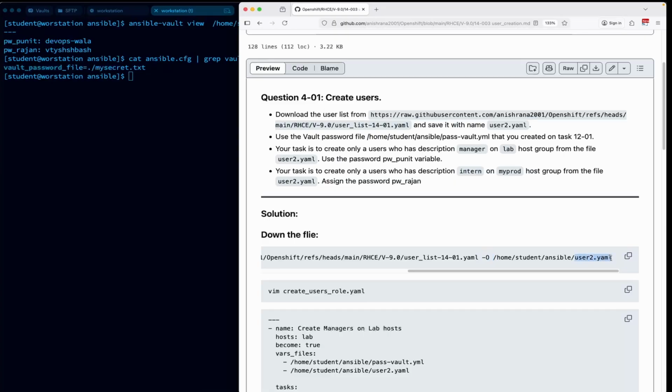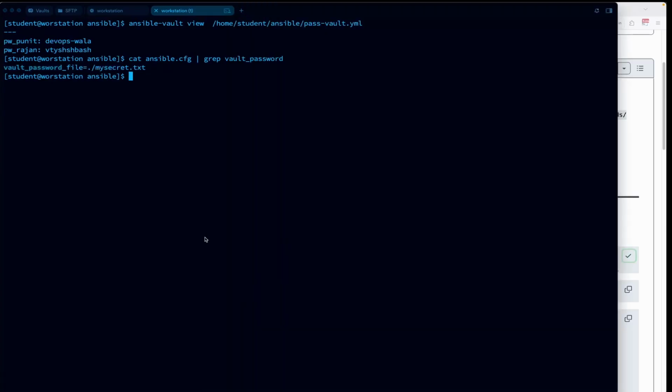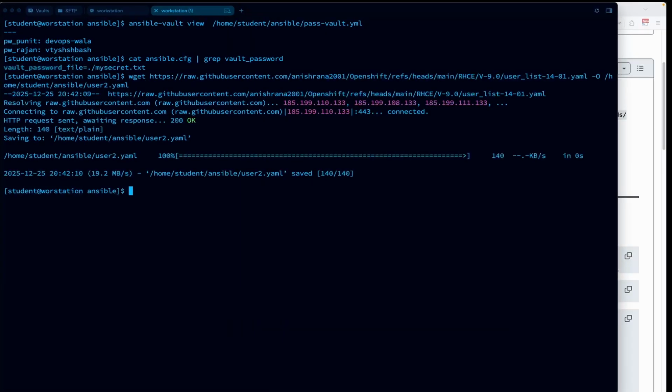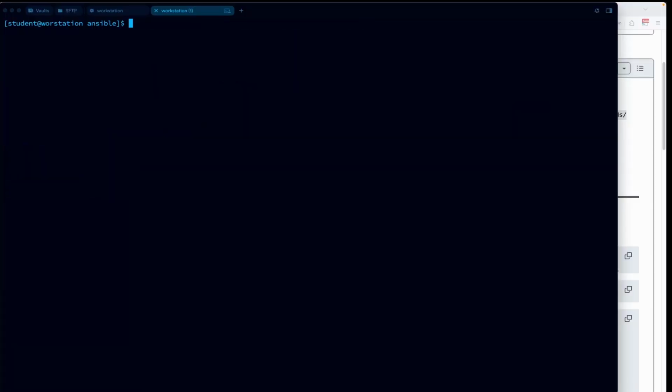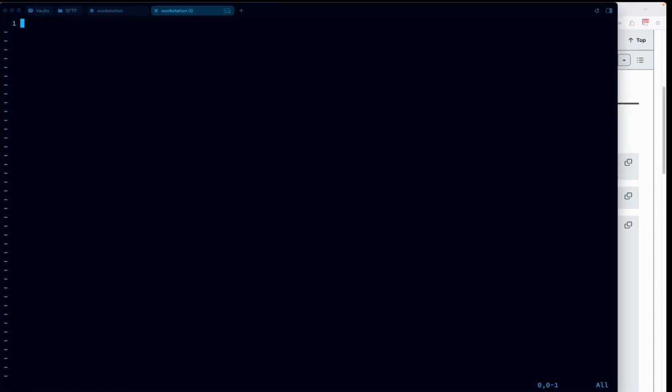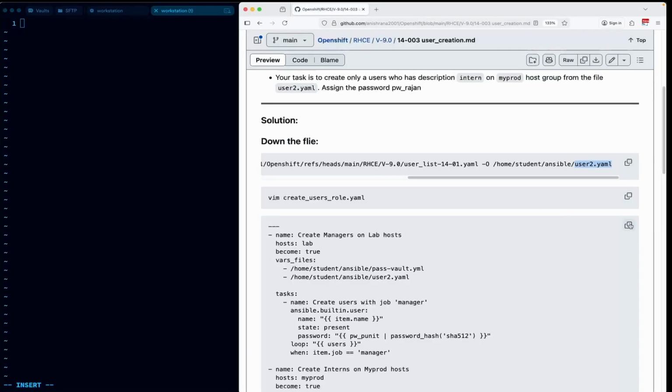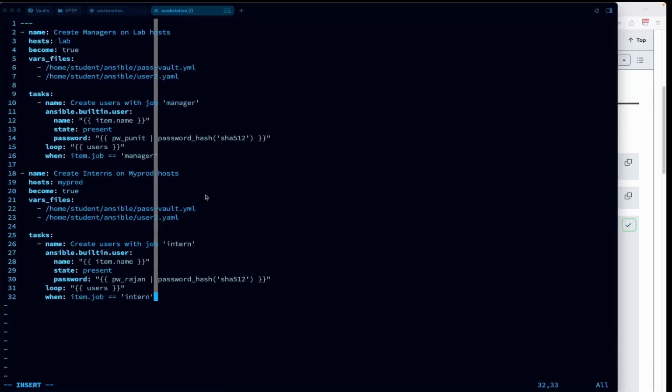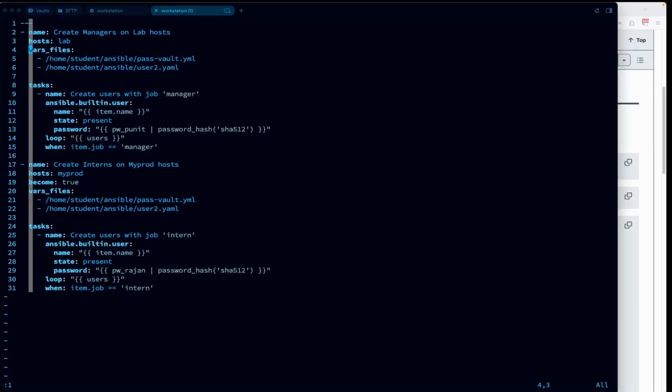It says that user2.yaml file, so let me copy and paste over here. Now it is downloaded. That's great. And we can check the user file. Same thing, same file. Now create the playbook with this name and press I for insert mode and copy and paste over here. Let me show you one and let me delete this become equal to true. If you want to leave it here, but I have already added on my configuration file, so I'm removing this